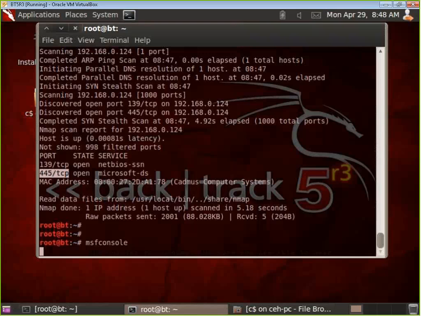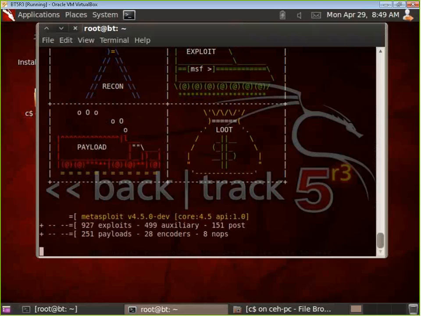Usually port 445, what is it used for? Microsoft Directory Service. Is Directory Service always open? Yes, it's always open. If it's a Windows machine, it's going to be open. You understand? Okay. Now,